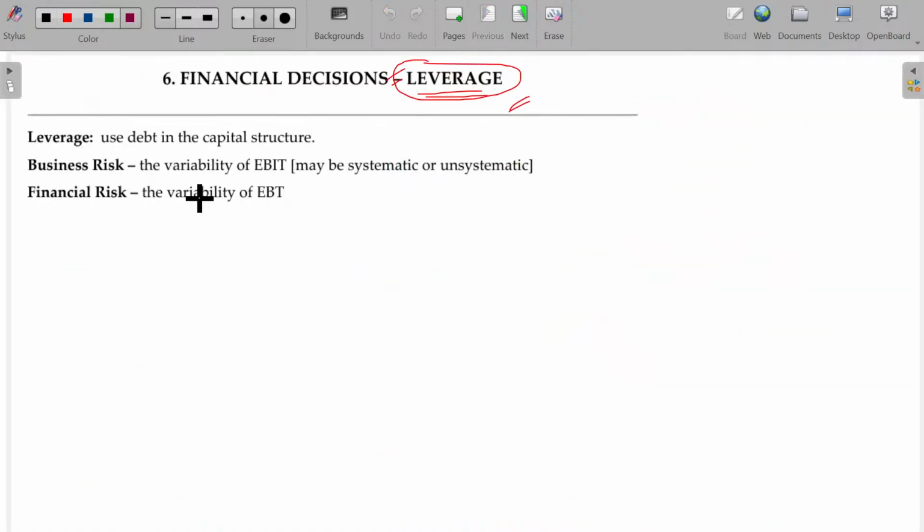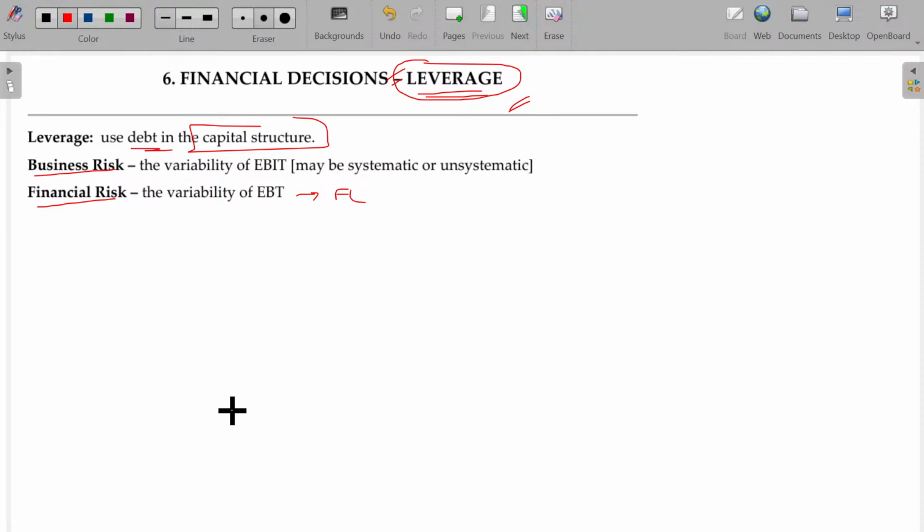We learned all these things. Leverage is nothing but using debt in the capital structure, which is called levered. So if a company has a debt component in its capital structure, then it is called a levered firm. And we have two risk classes. One is business risk, another one is financial risk. Financial risk is nothing but you borrowed, but you are not capable of paying the interest, then you have to answer them. Your business may collapse because of the default of paying this. This arises only due to the interest component. So that interest component is studied under financial risk usually. What is that? Financial leverage.